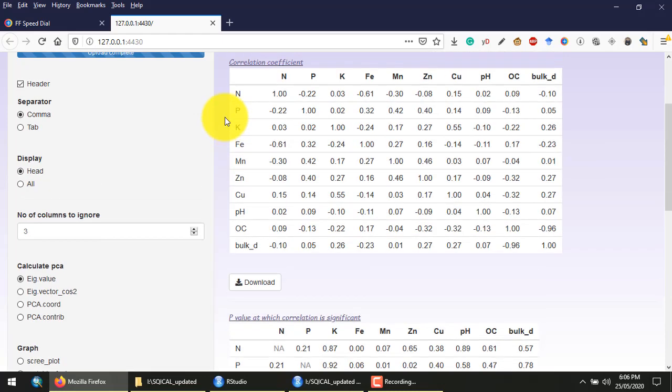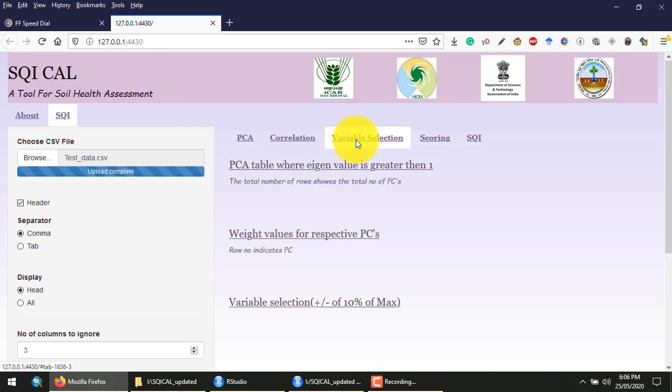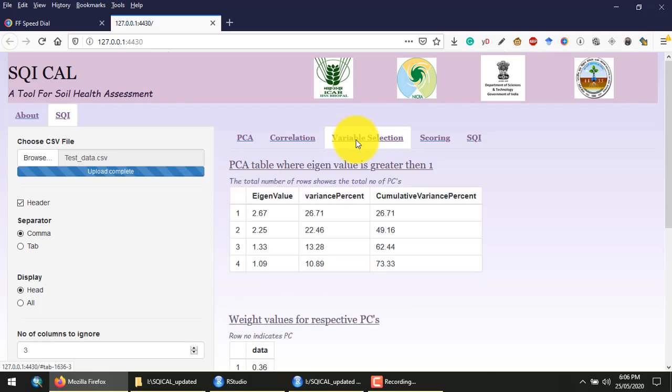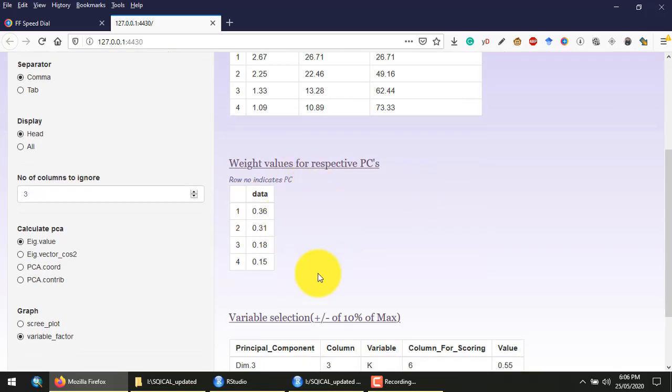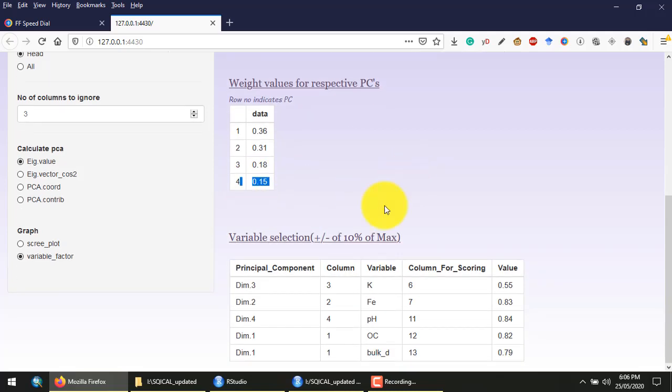Now move to the third tab, called the variable selection tab. Here you can find the PCA table with eigenvalues greater than one. And this is the weight. The software automatically calculates the weight assigned to the respective PCs. For PC1 the weight is 0.36, and for PC4 it is 0.15. Then the variable selection: this is the minimum data set.